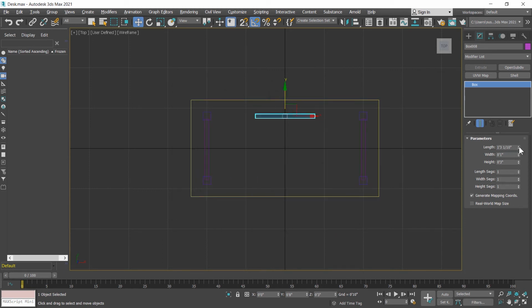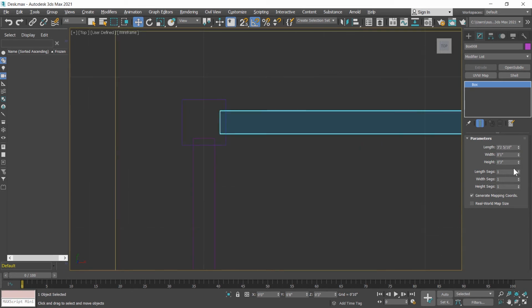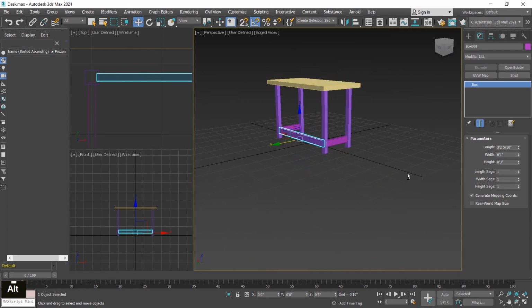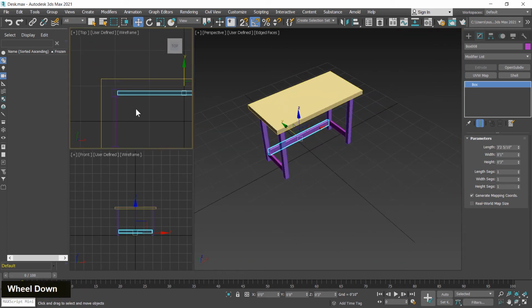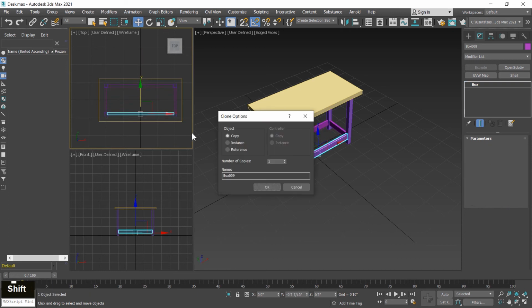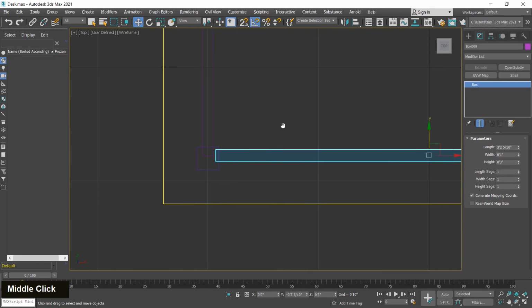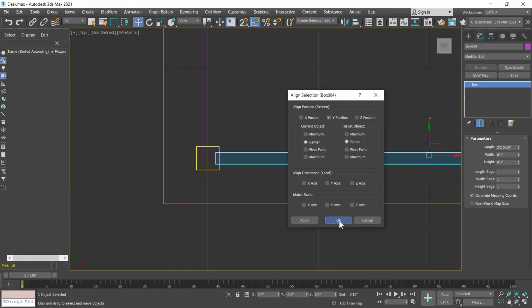Then change length. Width and height is already created. Same as I create other side. Alignment is very important.